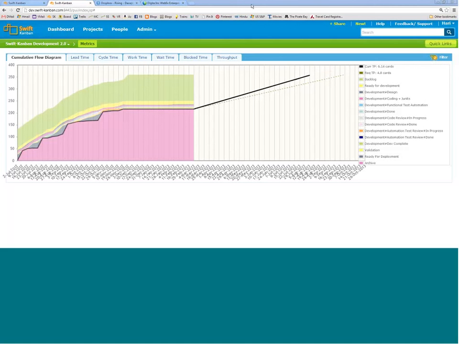For maintenance and production support, or product development, anything that is going through a staged development process, where you have user stories going through a development value stream, would fit right in.